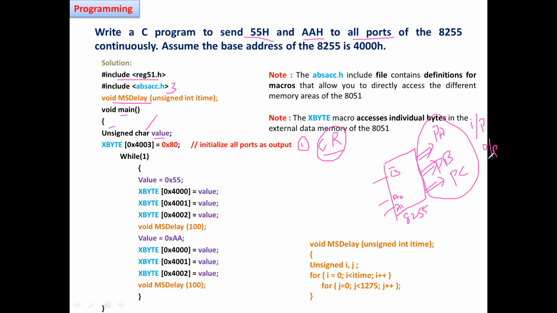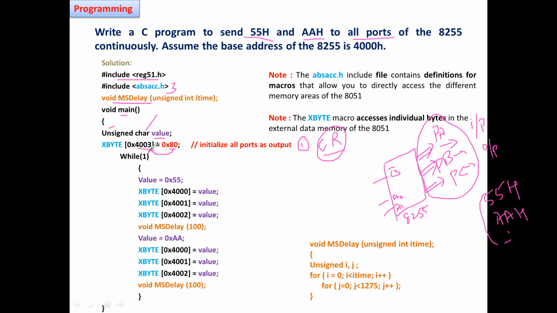Since I want to produce some data outside, that is, I want to throw 55 and AAH continuously, this port should act as an output port. For that we know the data 80H is what I am going to move, to where?